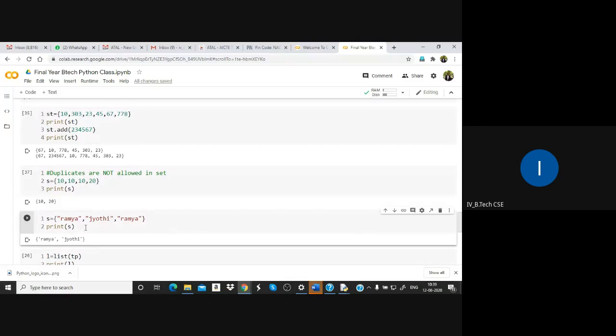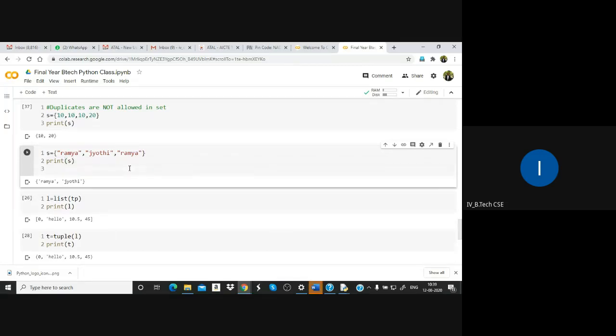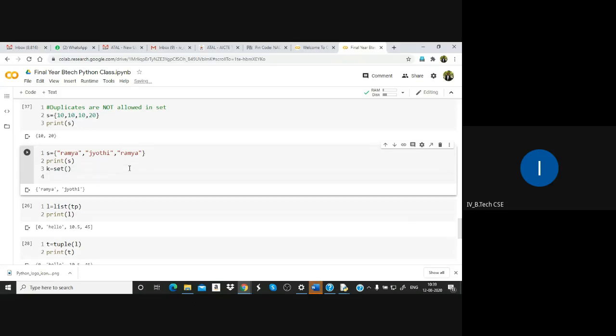You can also create a set with the set function. For example, k is equal to set.